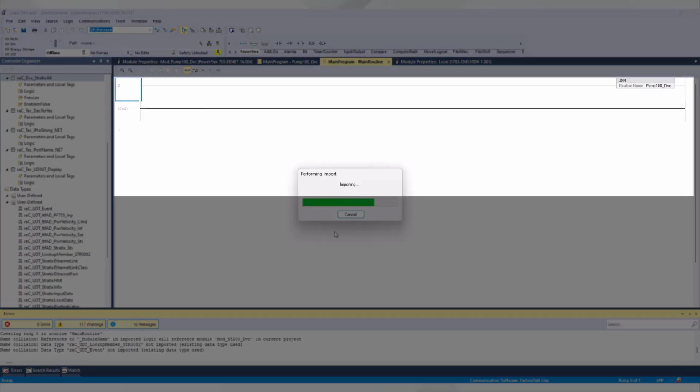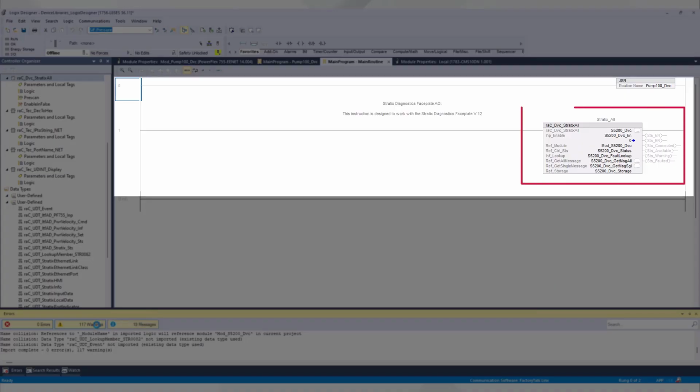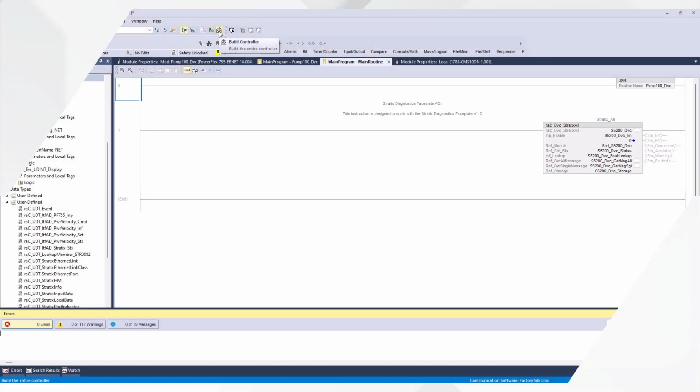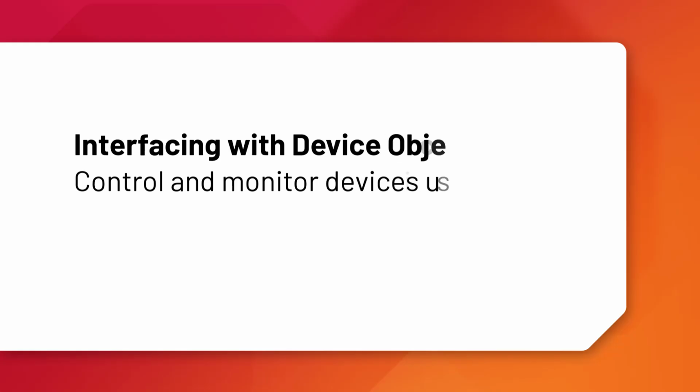The run including an instance of the AOI, and all of the tag and module references should now be imported and ready to compile. Now that you have all of the code in your project, let's take a look at a couple other things. First, you might be wondering how you can integrate your own programming logic with these device